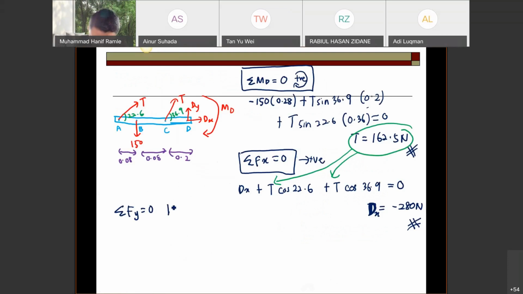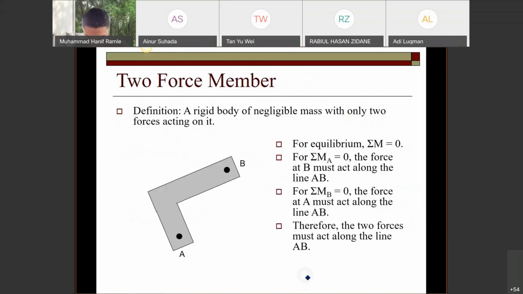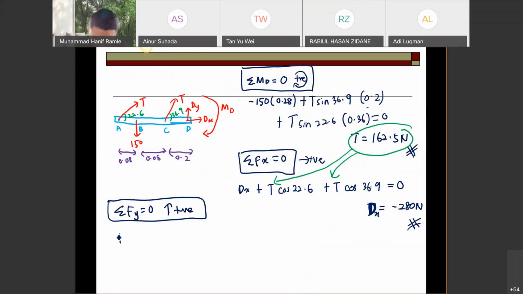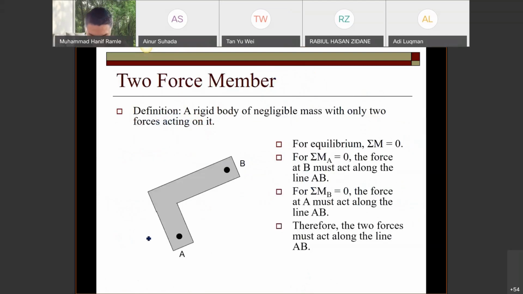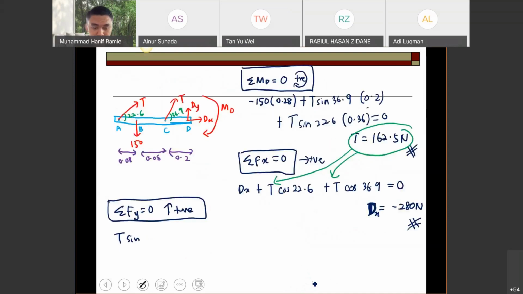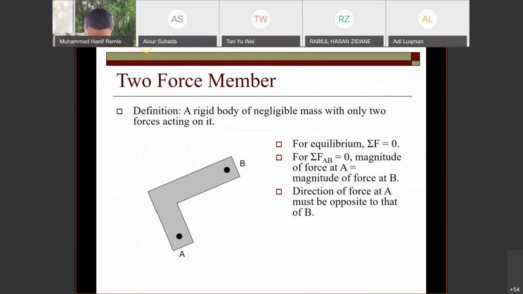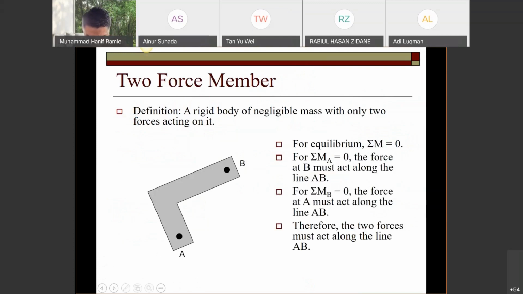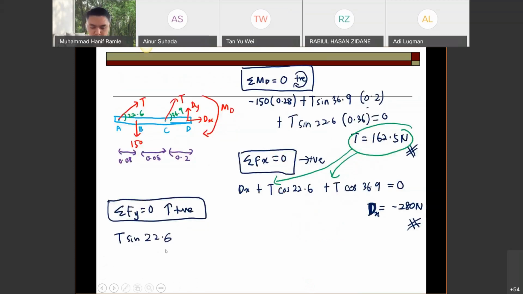Okay, let's continue. So upward is positive. So we do have T sine 22.6. Minus 150 plus T sine